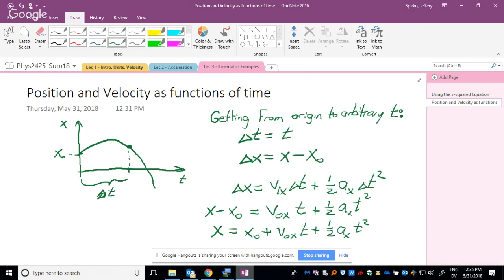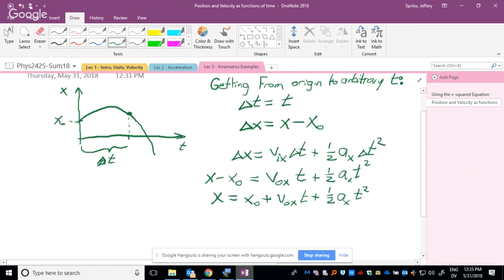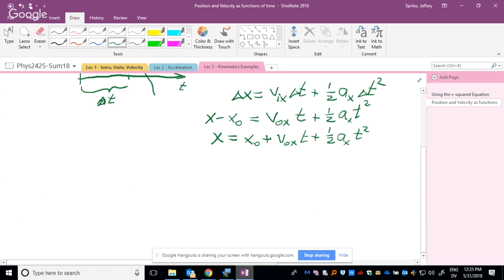So I would call this a template equation for the position of an object. And it is a quadratic equation. It's the equation of a parabola. And these things here are constants. And when you record the position of an object, such as we do in lab, such as is given in this particular example,